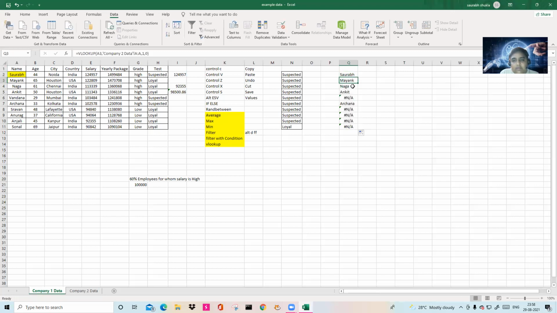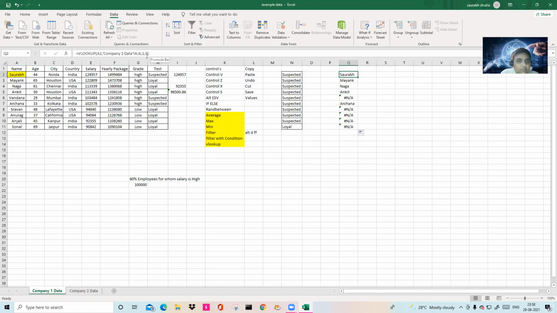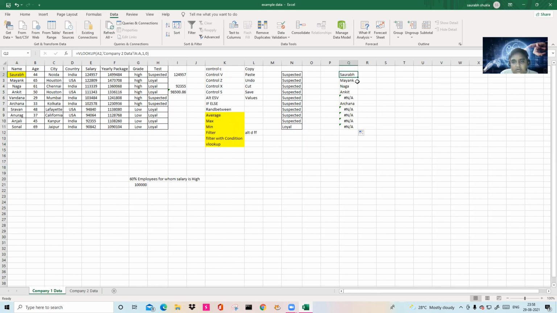So you can see only a few names are present in that particular sheet, and a few names are not present. How have we applied that? Just look again: VLOOKUP, and which value do you have to check? A2. So you have to give that A2 value. In the last formula I missed that, that's why it was showing NA. But here, if you give this A2 value and then go to this company 2 data and select this particular column A, the entire column, comma 1, comma 0. Why? Because we are looking at only the first column. So just comma 1, comma 0 and then drag it. So it will give you the results.